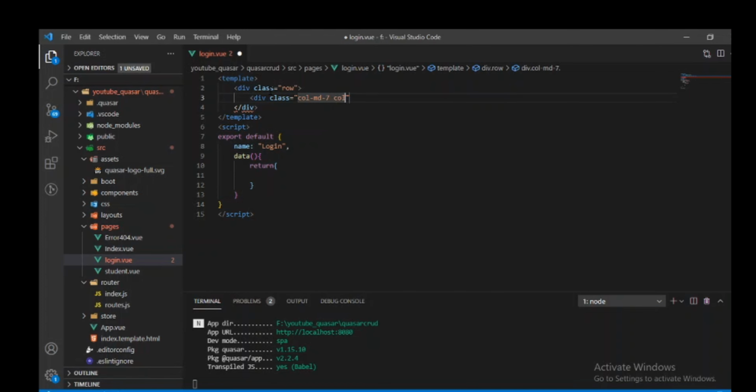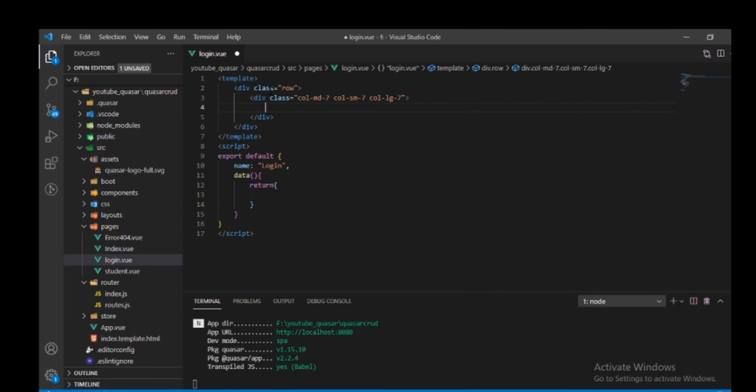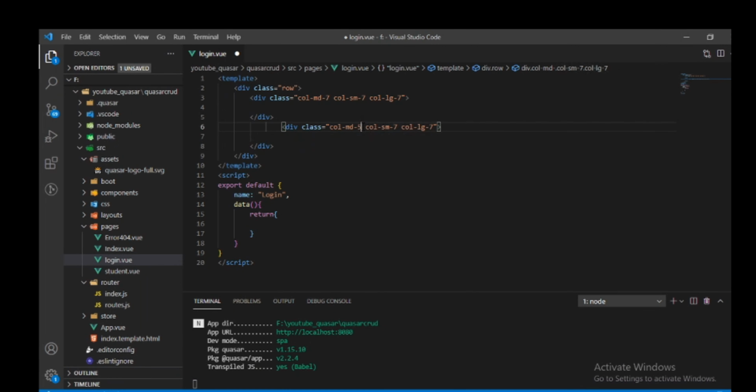And take another div with class col-md-7, col-sm-7 and col-lg-7. Okay, so we will copy this and make it 5.